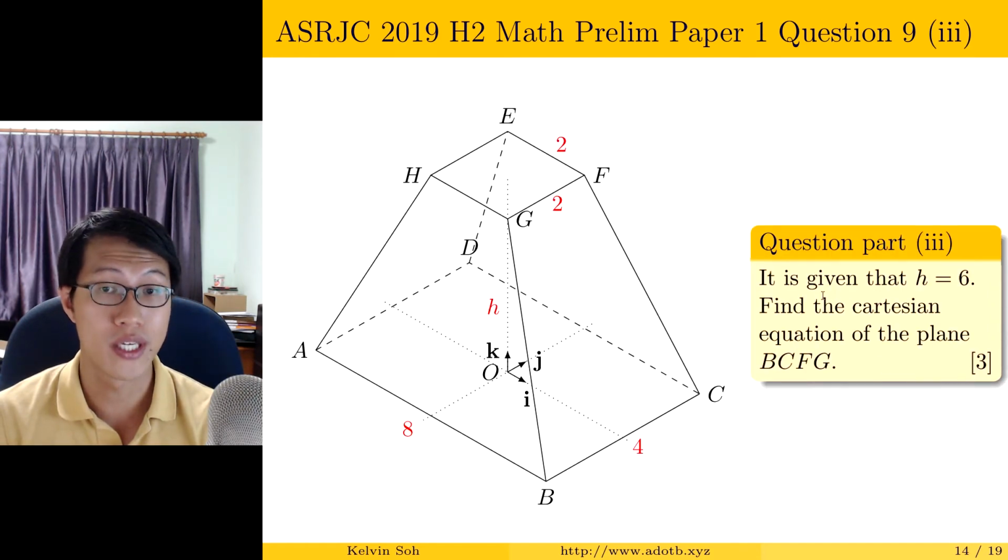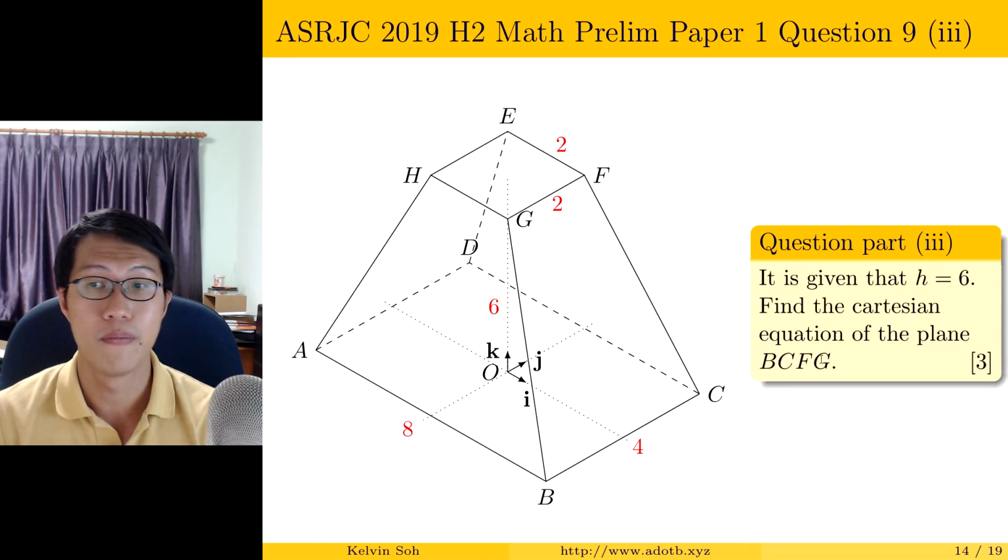For part 3 of the question, we are given that now h equals 6. So let's update our picture. Instead of h, we'll now write 6 over here. We are now asked for the Cartesian equation of the plane BCFG. So at first this looks a bit intimidating. BCFG is this slanted plane over here, but to tackle questions usually, let's just try to think a bit more